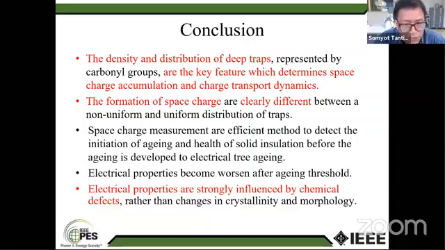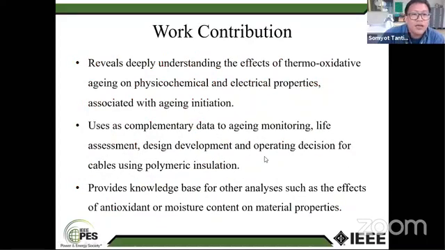And space charge measurement is an efficient method to detect the initiation of aging and the health of the solid insulation before the aging develops to electrical treeing. Electrical properties become worse after the aging threshold. Electrical properties are strongly influenced by chemical defects rather than the change in crystallinity and morphology. So for the work contribution,